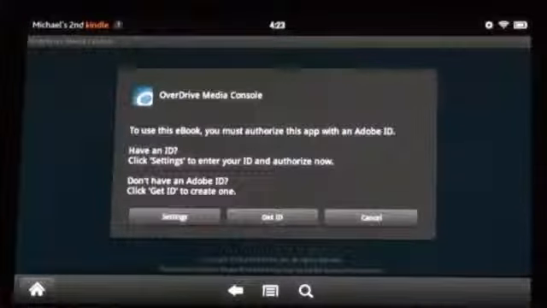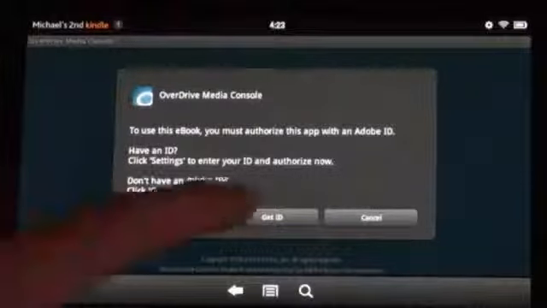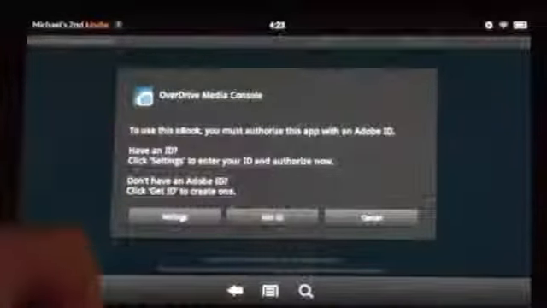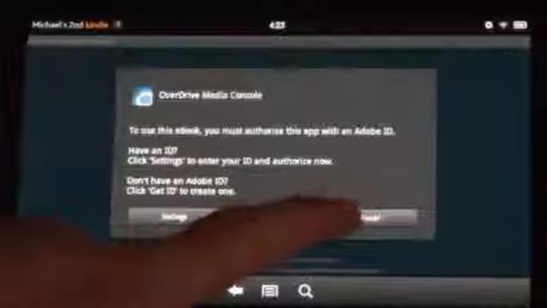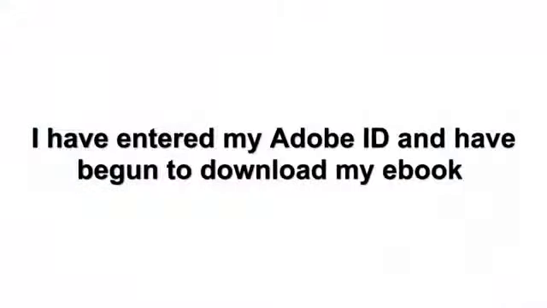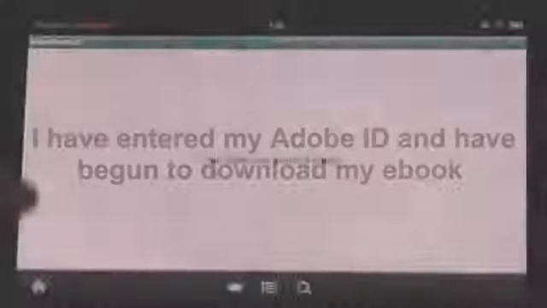They don't send any spam or anything like that, so you would just need to get an ID, and once you do that, you'll type that in and it will start downloading. Okay, so I've signed in and enabled the downloading of Adobe Books. So I've downloaded both our ebook and our audiobook, and now it's saying that my download queue is empty,